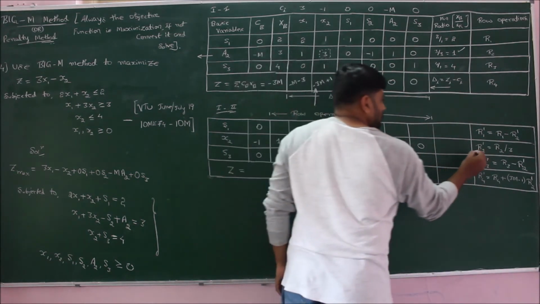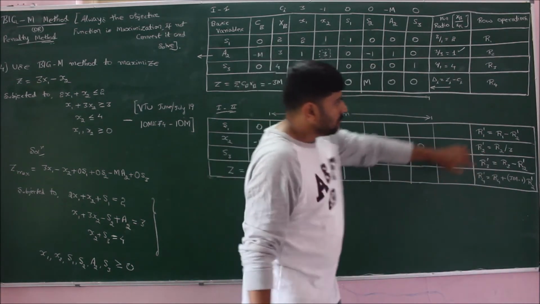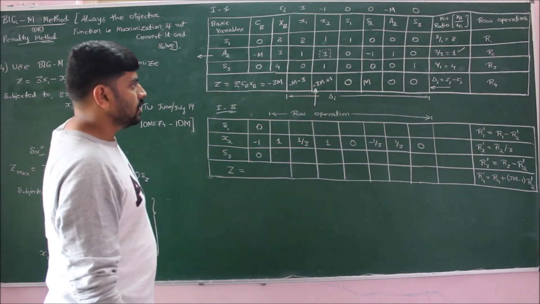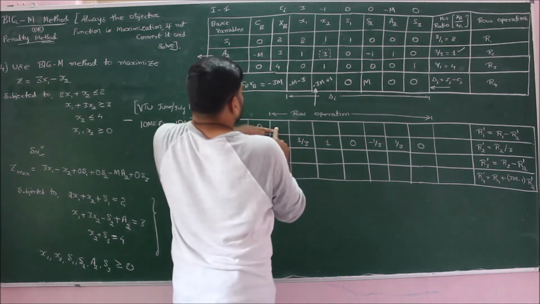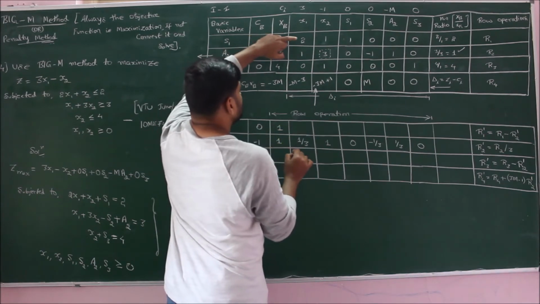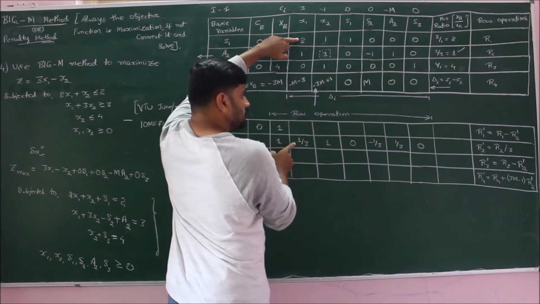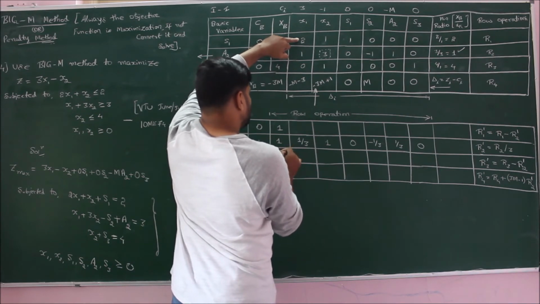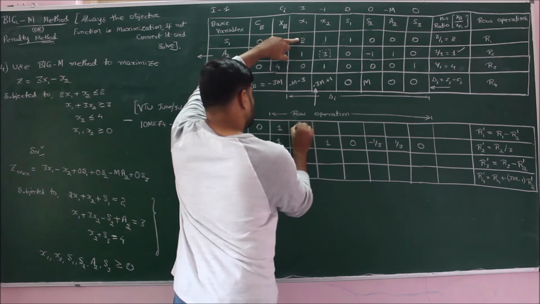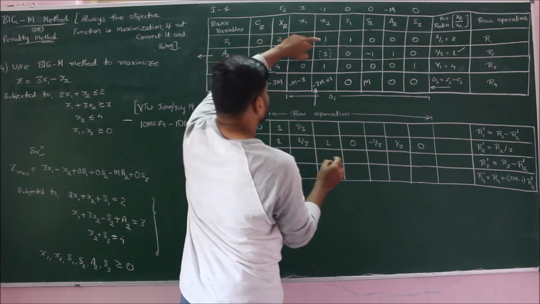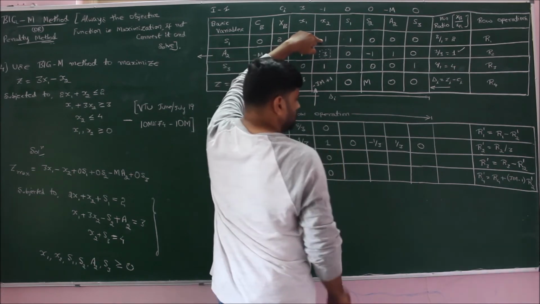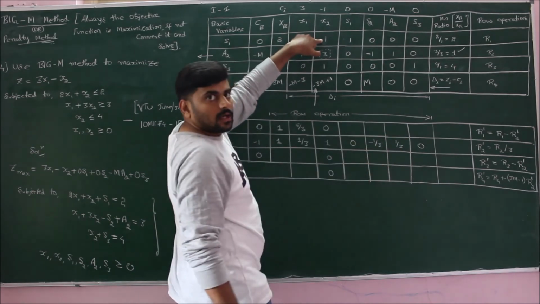So row 2 is the key row for us. So using row 2 we should perform the operations. Let us perform the row operation for new row 1. So old row 1 we have 2 minus 1, 2 minus 1 is 1. Here I have 2, 2 minus 1 by 3. So 2 minus 1 by 3 will give us the value as 5 by 3. Here I have 1, so this is 0, that is what I require. Here also I should get 0 and here also I should get 0. Based on this only I have written the row operations.